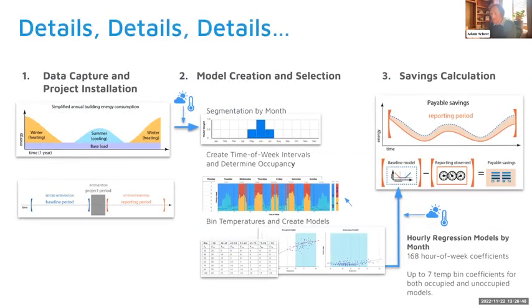So there's a lot of details that go into this. And in particular with the occupancy detection or the building state, there's an initial regression that's done. There's a lot of details around how the temperature bins are determined and what data sufficiency needs are for each of those temperature bins to avoid poorly fit models or overfit models. So there's quite a bit, and there's a lot of documentation. We have a lot of links in this deck that will point people to deep dives on any of these things if you want to look that far.